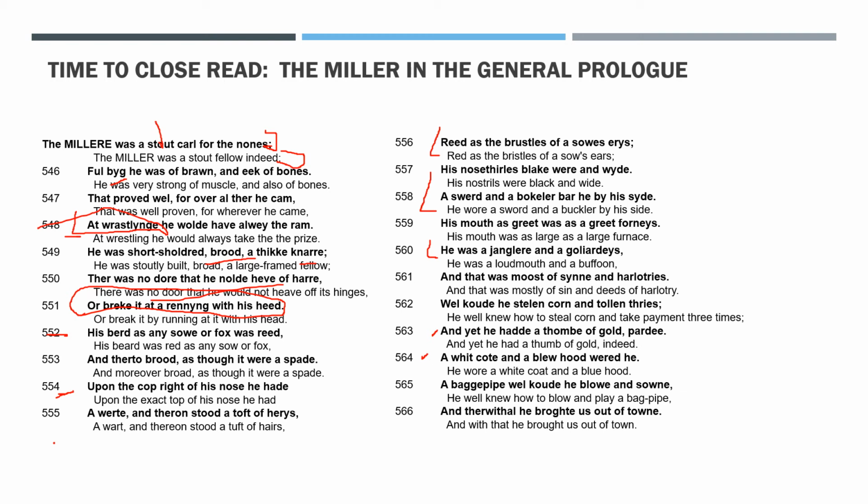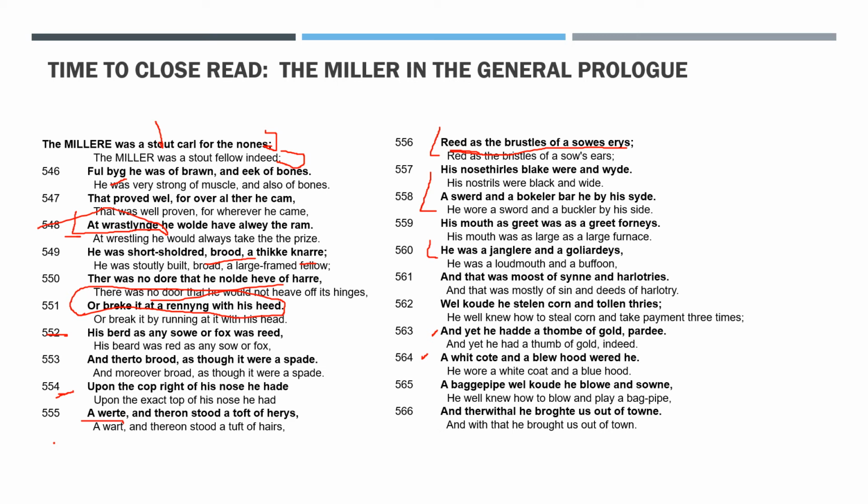So we also get that he's maybe not the most appealing person. He's got some red hair, which isn't a bad thing. I'm not going to be anti-ginger here. But he's got a big wart on his nose, right? He's got red hair all over his nose. His nostrils are big and black and wide. He's also armed. He carries a sword and a buckler, right? So he's prepared to battle.